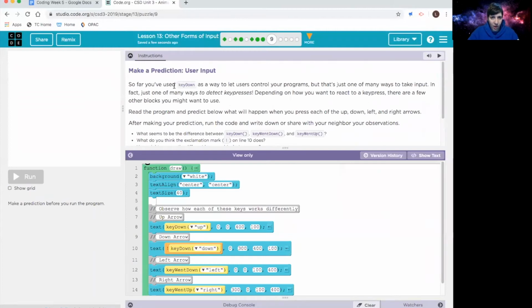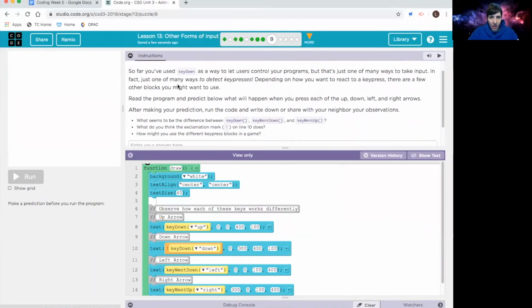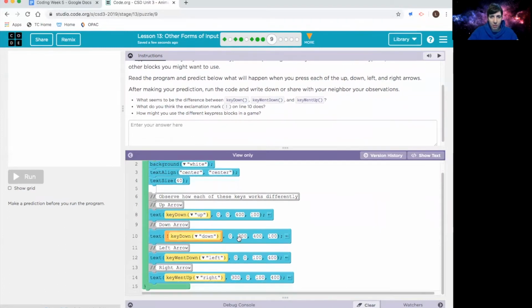Okay, so far you've used key down as a way to let users control your program. As soon as you push it down, whatever you have in your conditional is going to happen. But that's just one of the many ways to take input. In fact, just one of many ways to detect key presses. Depending on how you want to react to a key press, there are a few other blocks you may want to use. So read the program and predict below what will happen when you press each of the up, down,